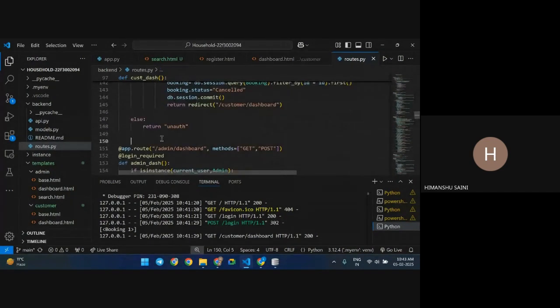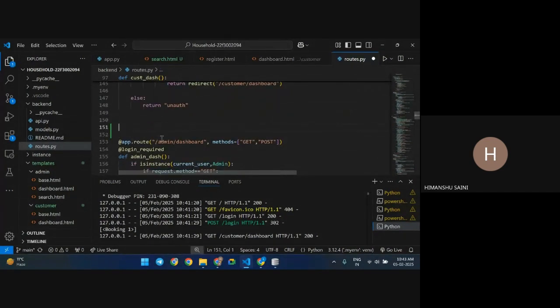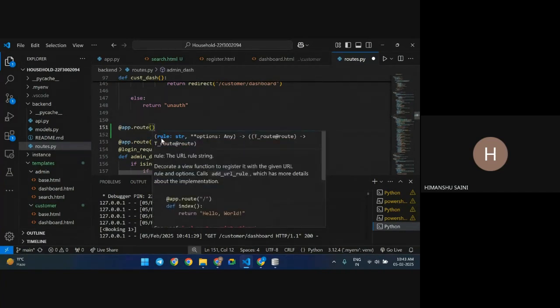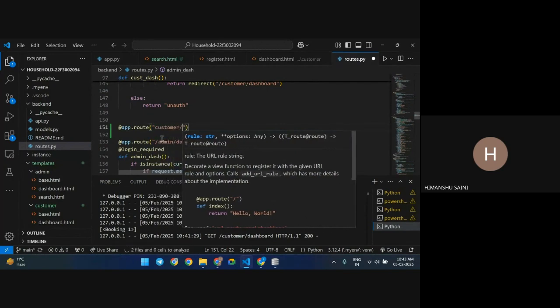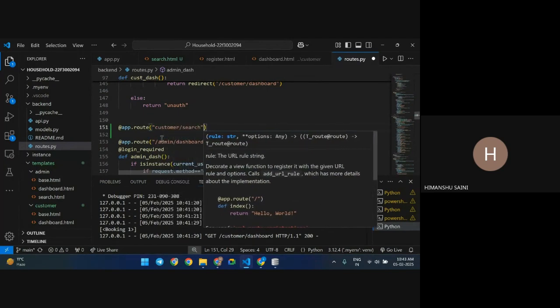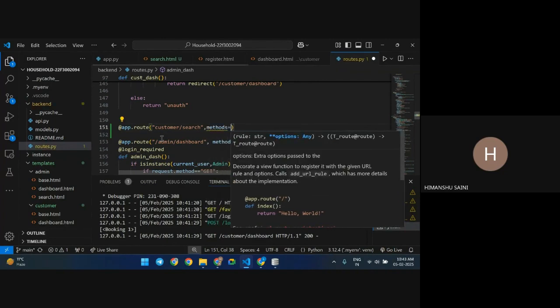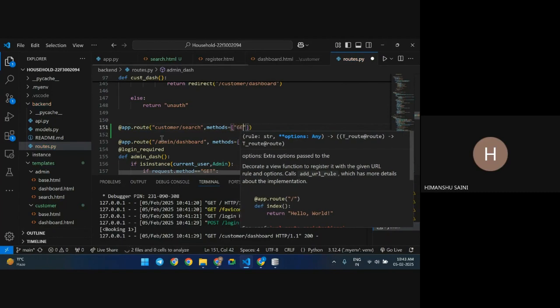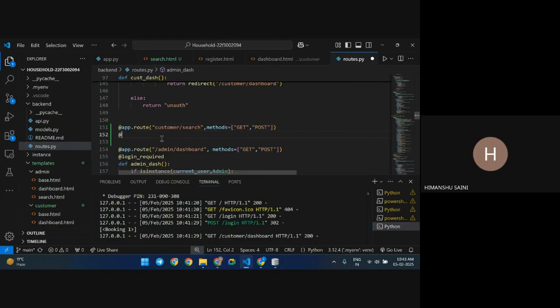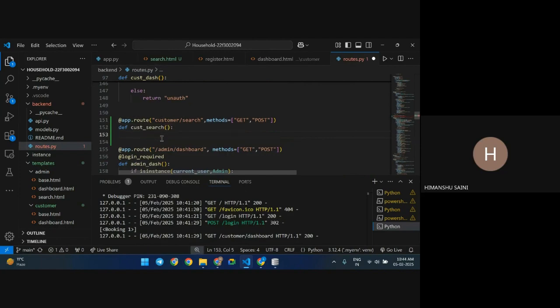Below that, I'll create another route, app.route, customer slash search, and methods equal to GET and POST. The function I'll name cust_search,